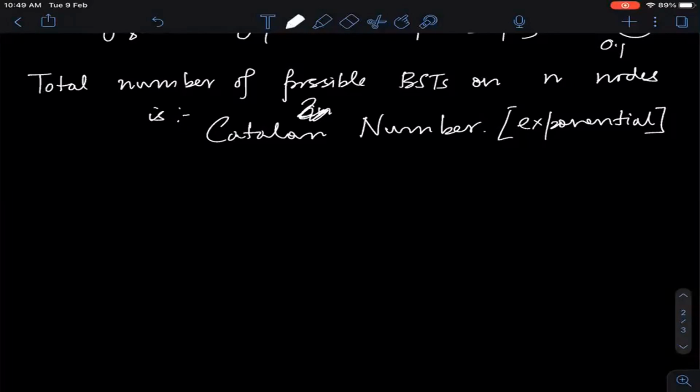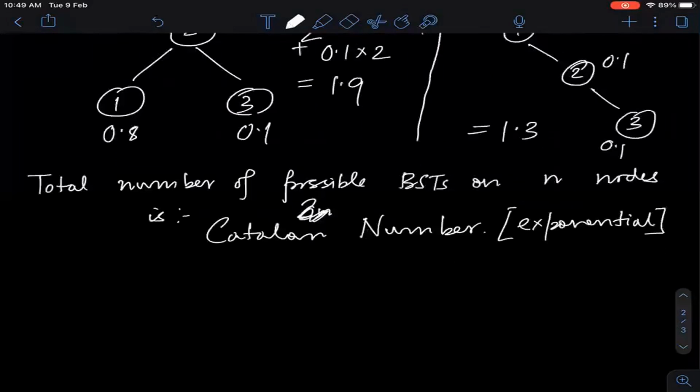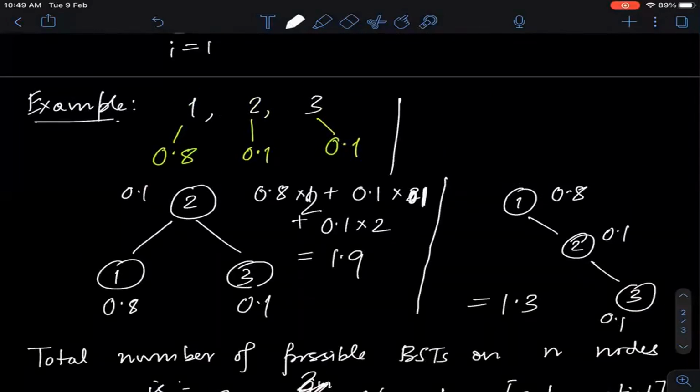But what is a natural divide and conquer algorithm here? Well, you can sort all the keys, take the median, make it the root, and then just recurse. But the problem is that just becomes your good old balanced search tree. So in the 1, 2, 3 example that we saw, if you apply this divide and conquer style algorithm, it will again give you this balanced tree, which is clearly not going to be the best one.